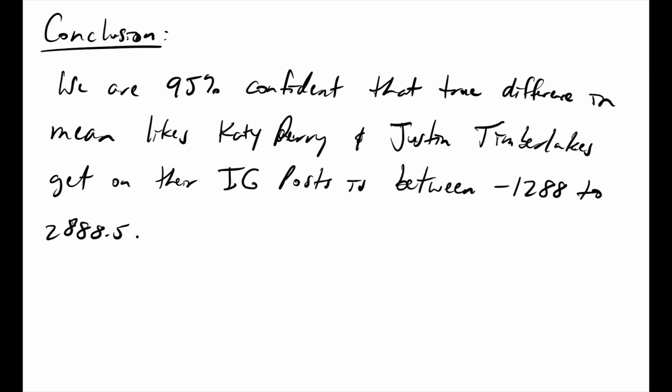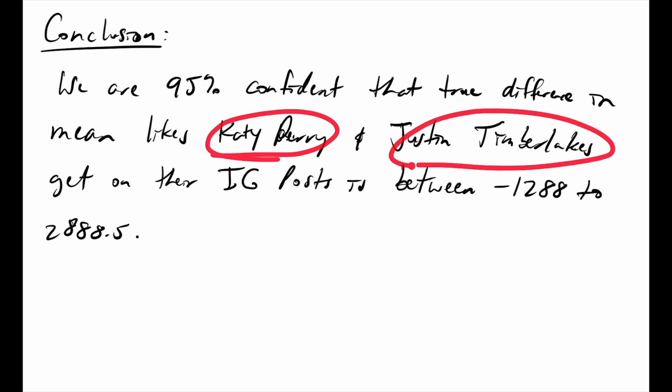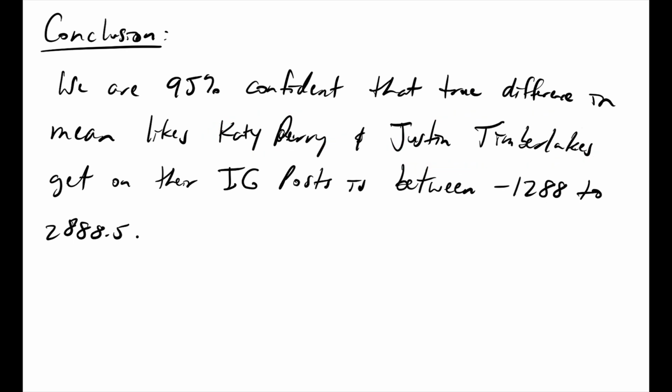So more eyes are going to see her posts. If she posts something for Coca-Cola or whatever clothing store, a lot of people are going to see it. So if I'm working with them, I'm like, hey, Katy Perry and Justin Timberlake: Katy Perry costs me $100,000 for one post to promote my company. Justin Timberlake only costs half that. If Katy Perry is going to get significantly more, I'll invest that. But no, not significantly more, so I'll save my money, $50,000, and I'll just go with Justin Timberlake. Okay, that's what that says.